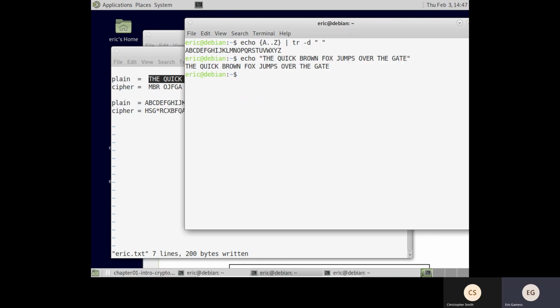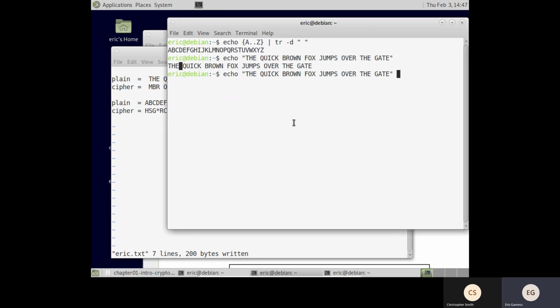So first, I need to suppress the spaces. So how do we suppress the spaces? We pipe, for example, with tr -d, like that. We suppress the spaces. So as you can see, the quick brown fox jumps over the gate is there. Then,